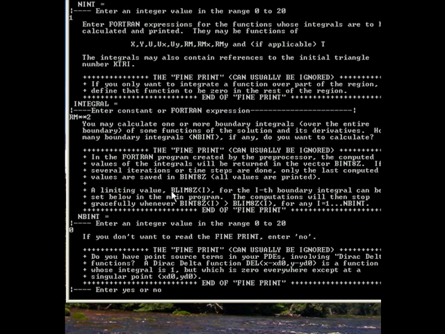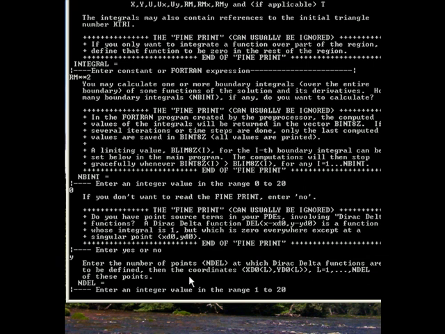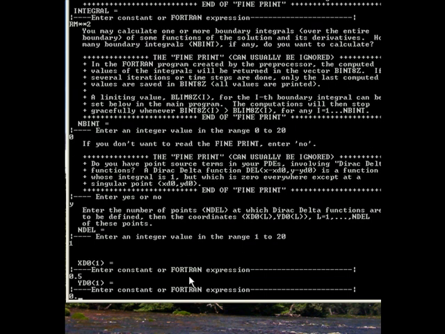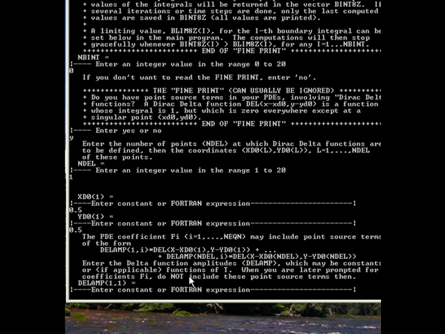Okay, here's where the delta function comes in. It says, do you have any point source terms? This collocation can't do this. And so yes, we do have a direct delta function. How many? 1, at the point 0.5, 0.5. You have to look, some of these are a little painstaking, but